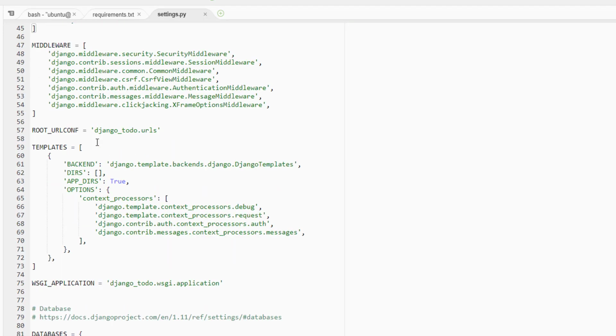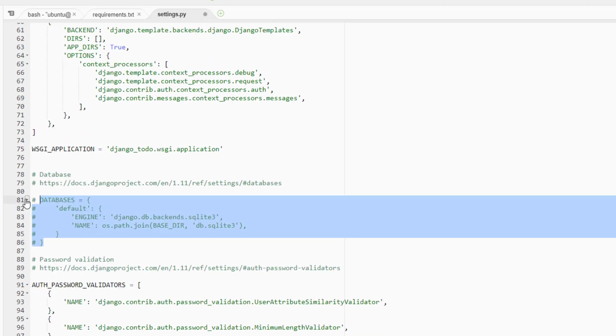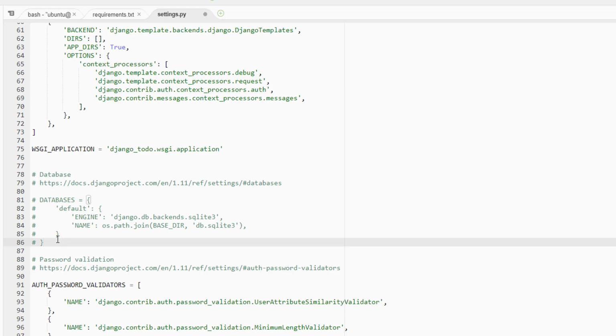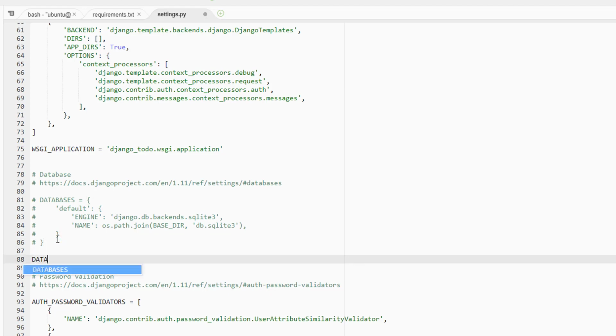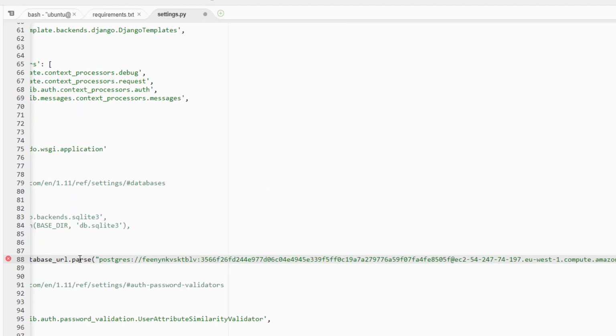So what I'm going to do is open up my settings.py file, and inside of there I'm going to look for my databases configuration, and comment out the existing databases dictionary. And I'm going to say DATABASES is equal to, and I'm going to open up another dictionary with a key of default, and then the value will be dj_database_url.parse, and then I'm going to pass in the string,